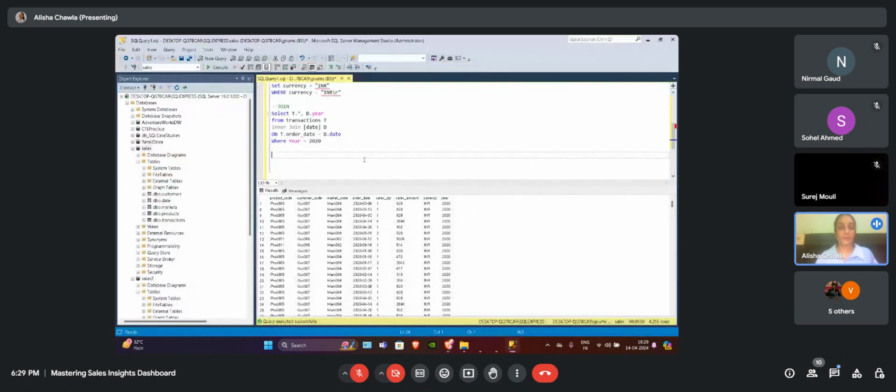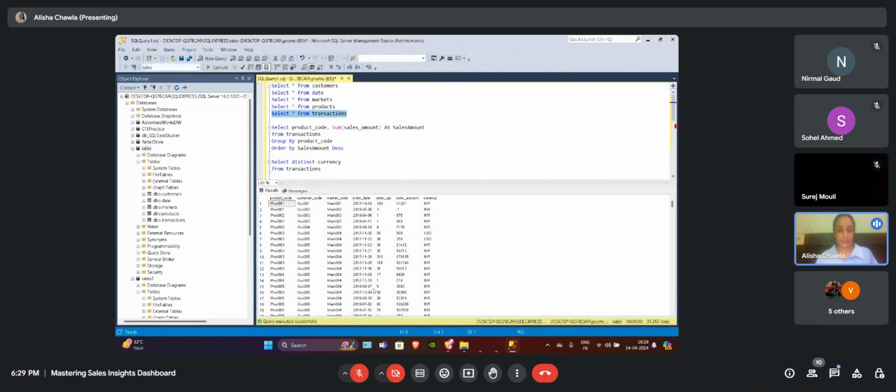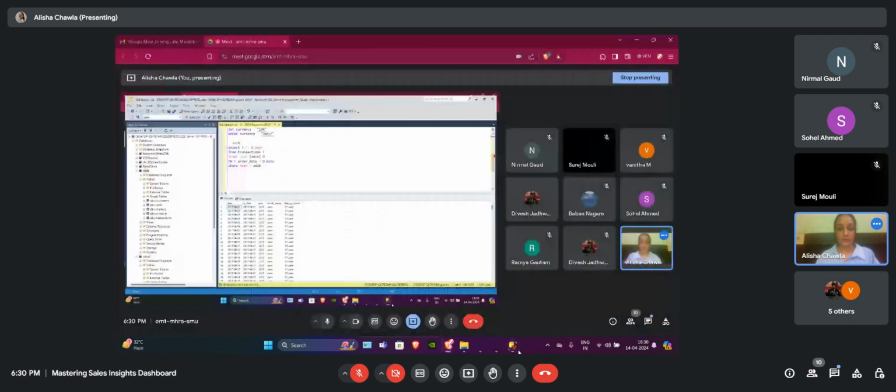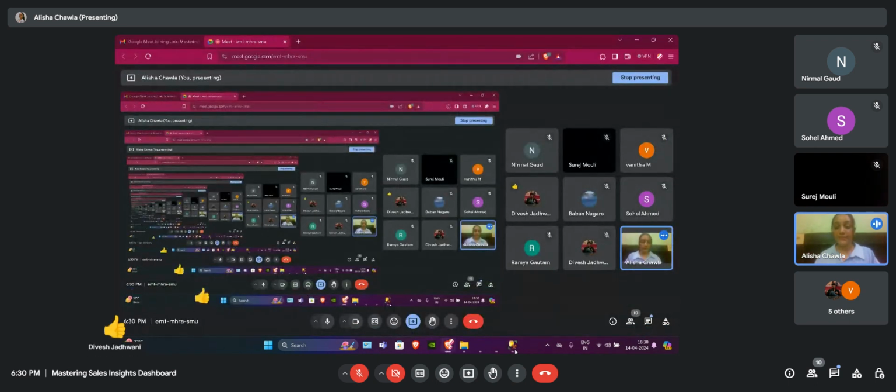Why we had to join? Okay. Let's say in the transactions table we want year, and in this table we do not have a year column, but the year column is in our date table. So we want to combine both of these tables to make a single table. That's why we need to combine two tables using a join command. Is it clear with you? Okay.